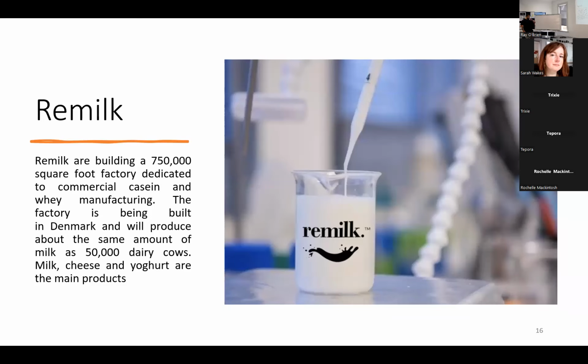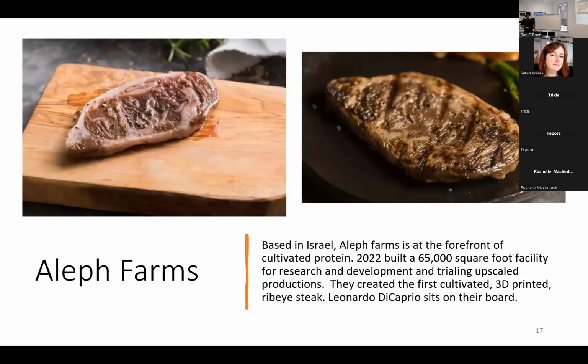Linea is another big brand that have been investing a lot of research and development into precision fermented milk and dairy products. They're on the verge of starting to build a facility in Denmark, which will have the ability to produce the same amount of milk as 50,000 dairy cows. Now, I didn't do this, but just when I was speaking to Angus before, I could have really gone through and tried to figure out exactly how much that would impact our 6 million cows, but perhaps I'll address that at some other time. And Aleph Farms, based in Israel,